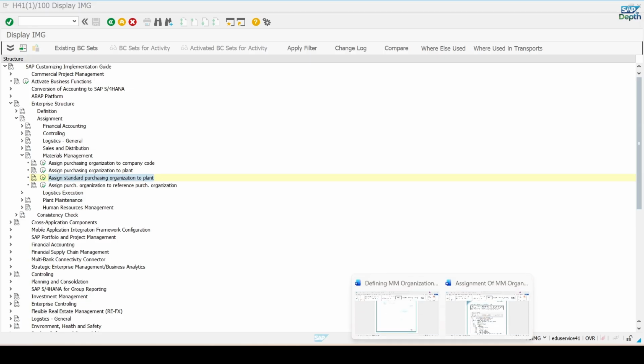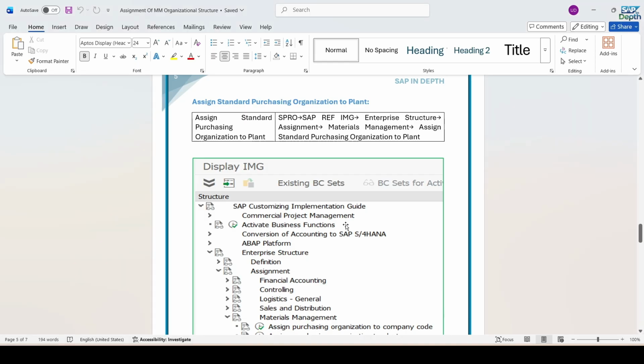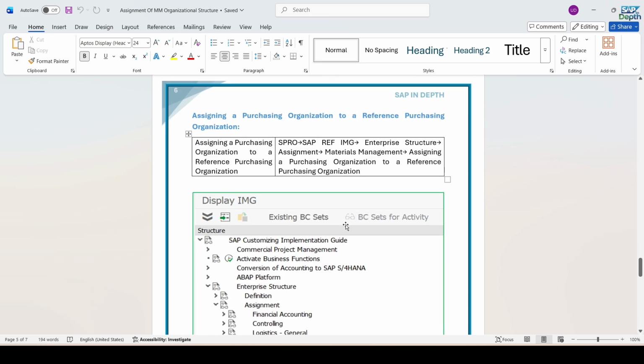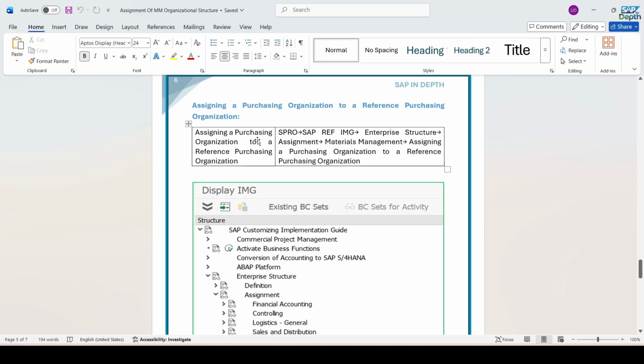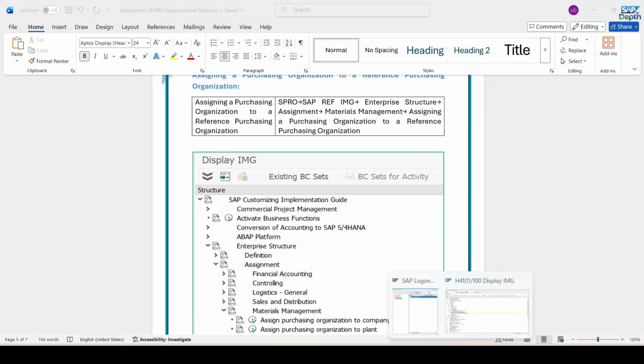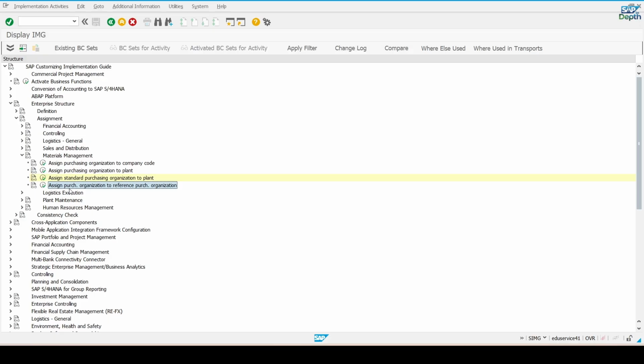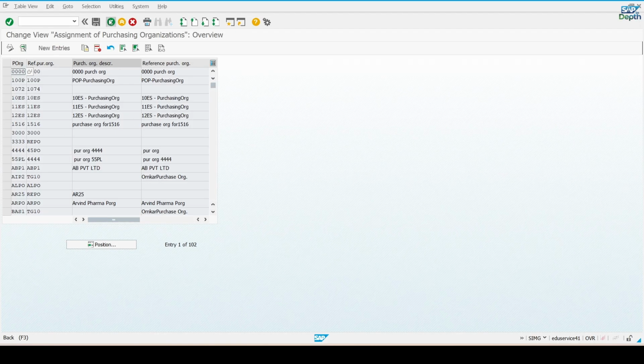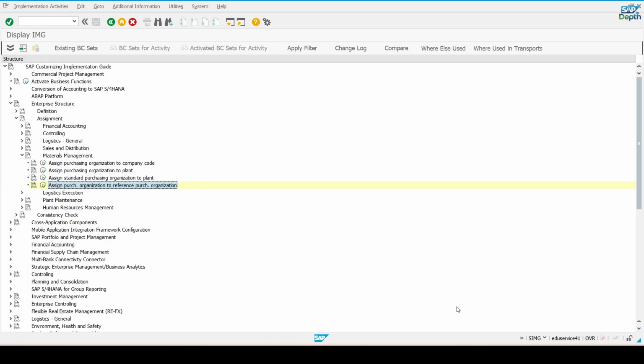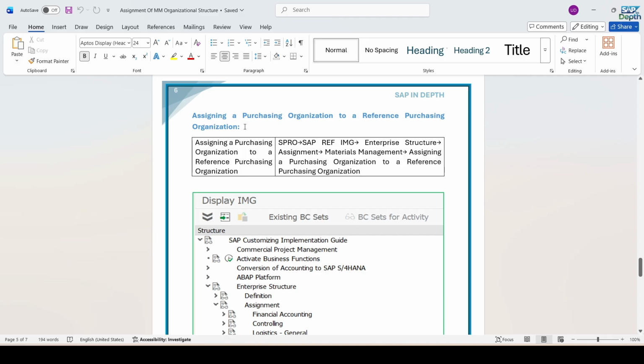and one more assignment we have, but we are not doing that assignment. Okay, assigning a purchase organization to reference purchase organization. From here you can assign the purchase organization to reference purchase organization, but in our case we don't have any reference purchase organization, so we need not worry about this assignment. But in an implementation project you must ask your business whether they require this assignment or not. Okay,